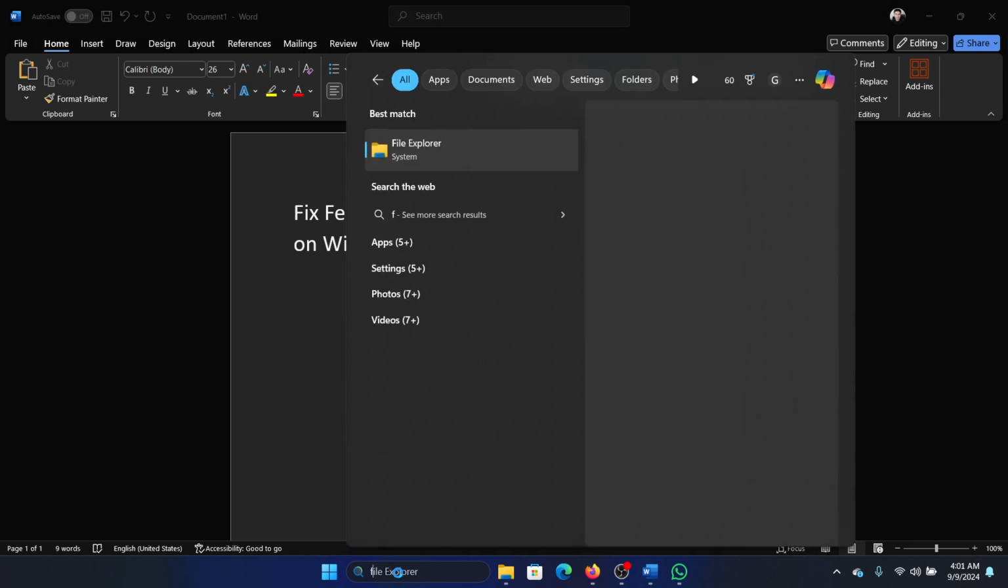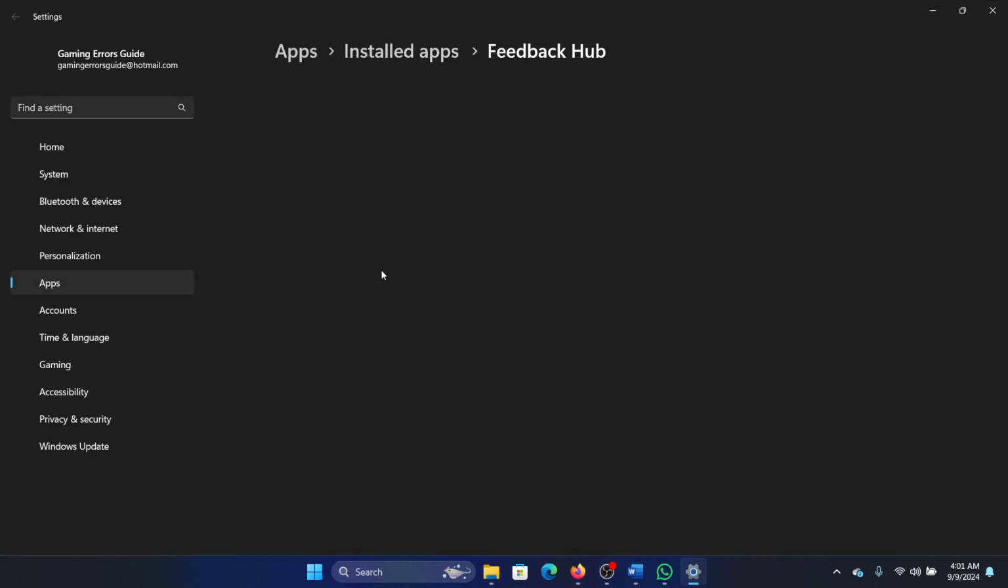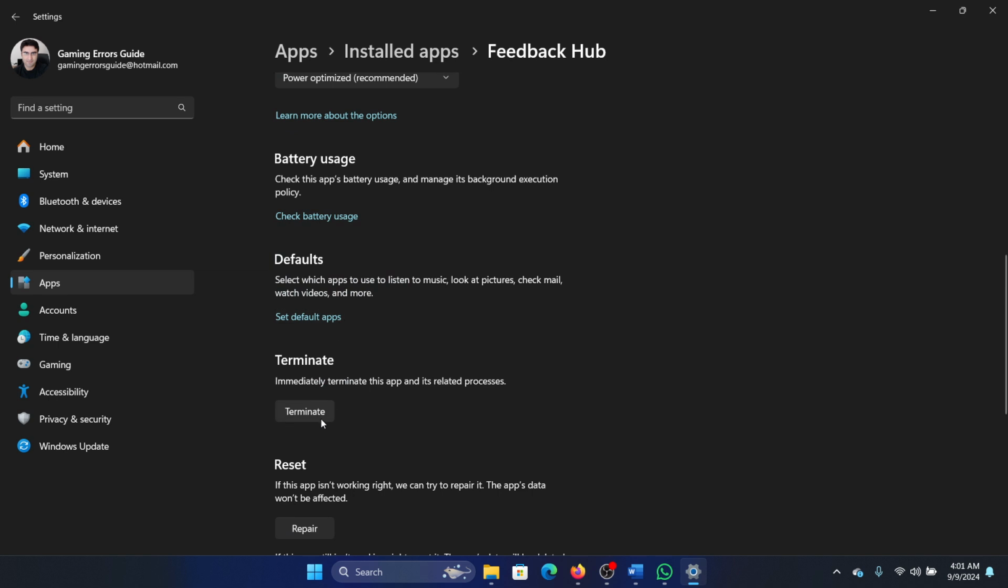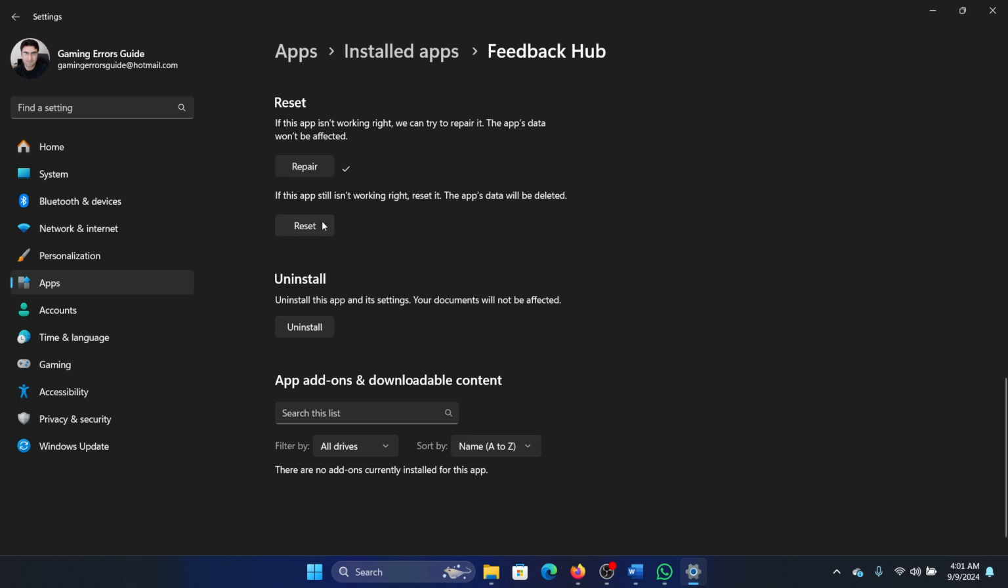So it's easy. Just search for Feedback Hub in the Windows search bar and click on App Settings. Now scroll down, click on Terminate first, then click on Repair. Wait till you get a tick mark here and that will fix the issue in most of the cases, but